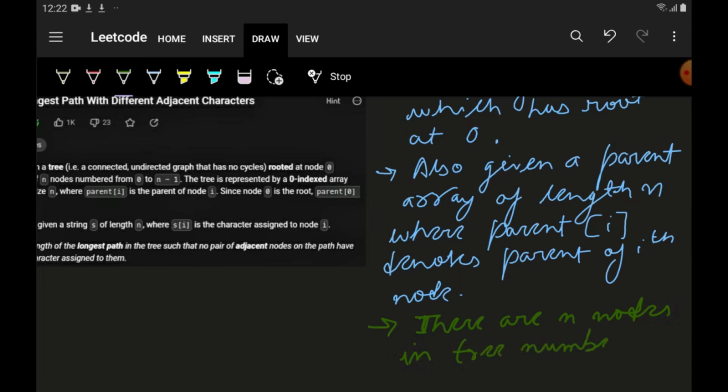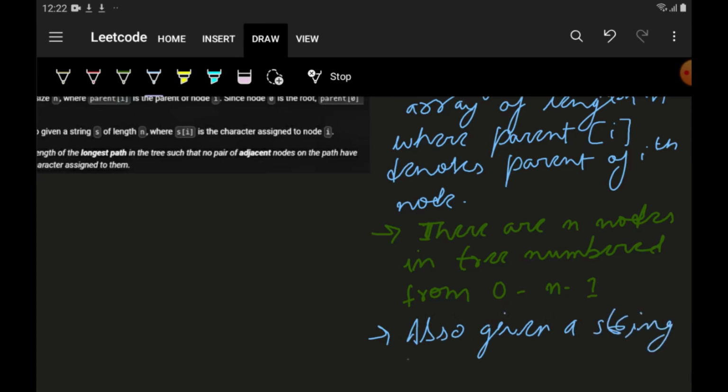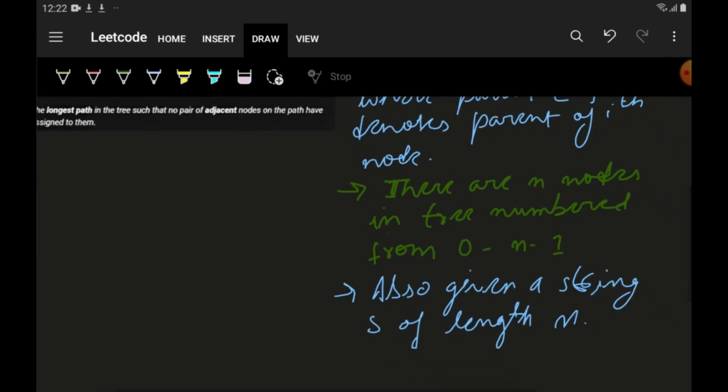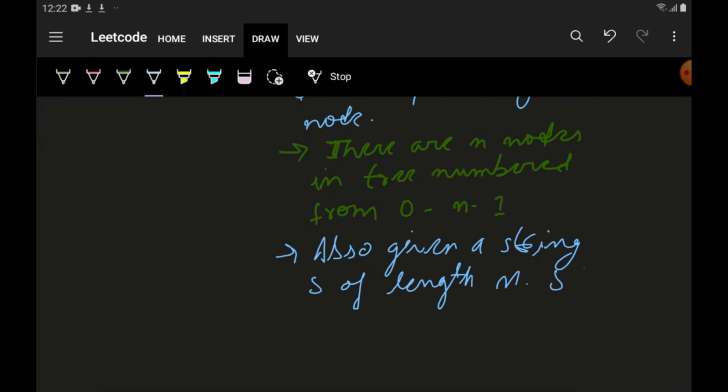Numbered from 0 to n minus 1. And you are also given a string s, and you can say that s[i] denotes the character assigned to the ith node. So we can say s[i] denotes